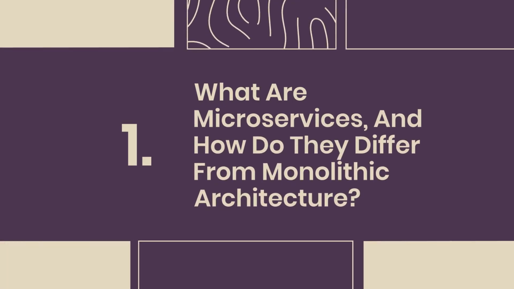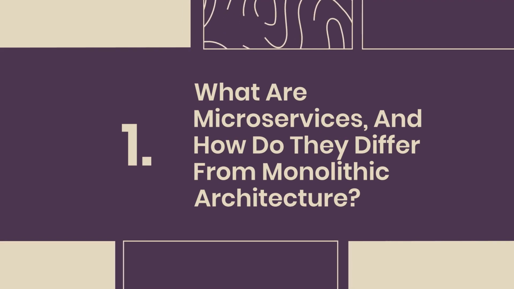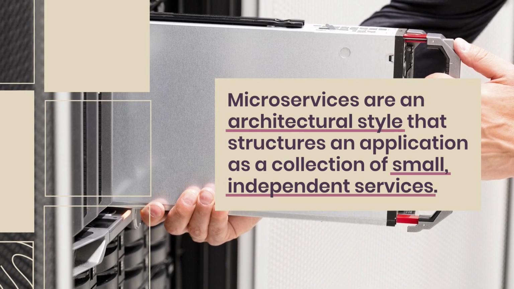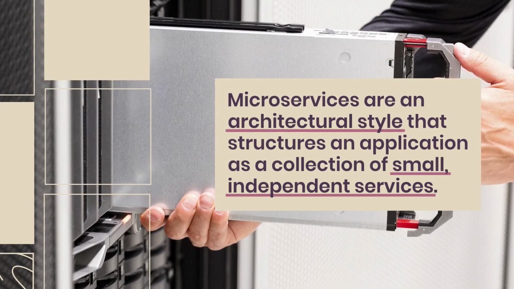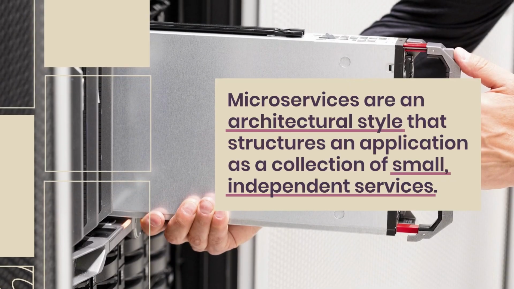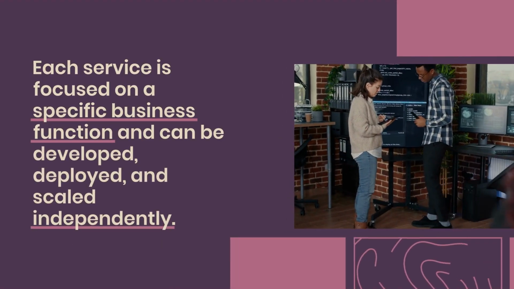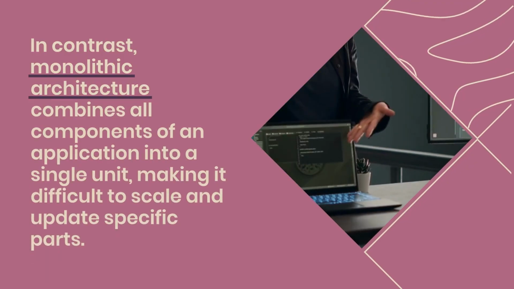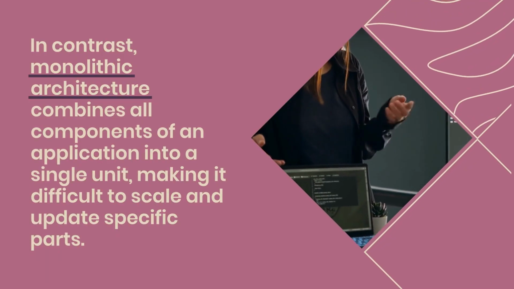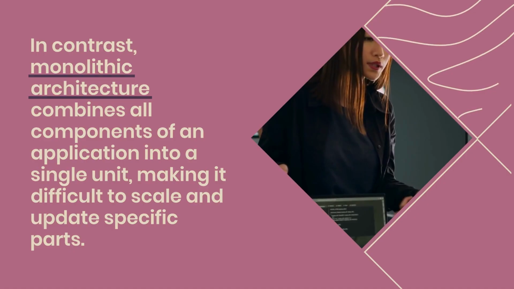1. What are microservices, and how do they differ from monolithic architecture? Microservices are an architectural style that structures an application as a collection of small, independent services. Each service is focused on a specific business function and can be developed, deployed, and scaled independently. In contrast, monolithic architecture combines all components of an application into a single unit, making it difficult to scale and